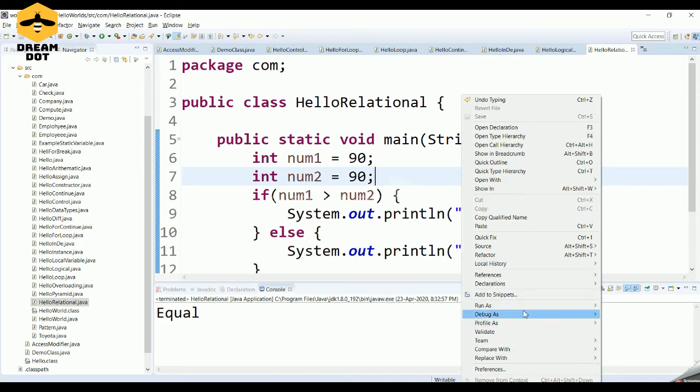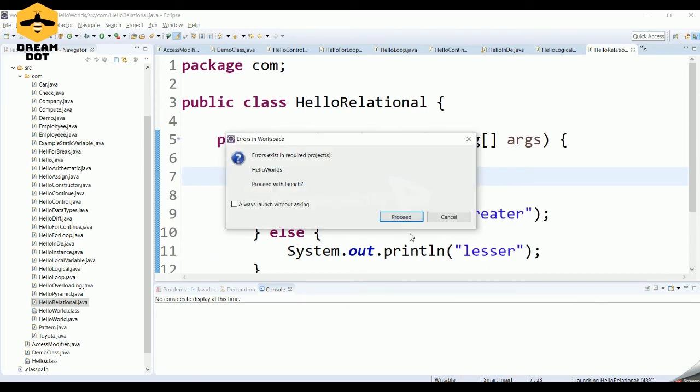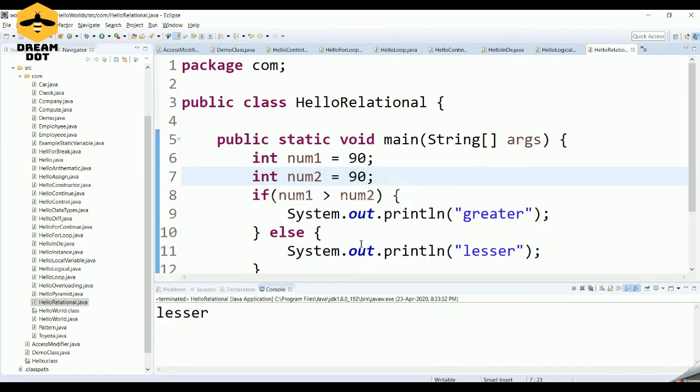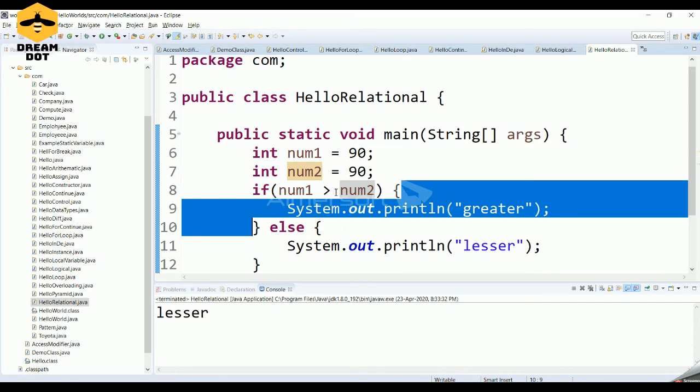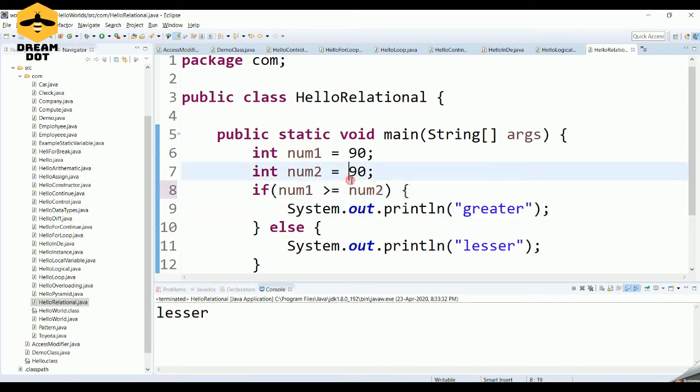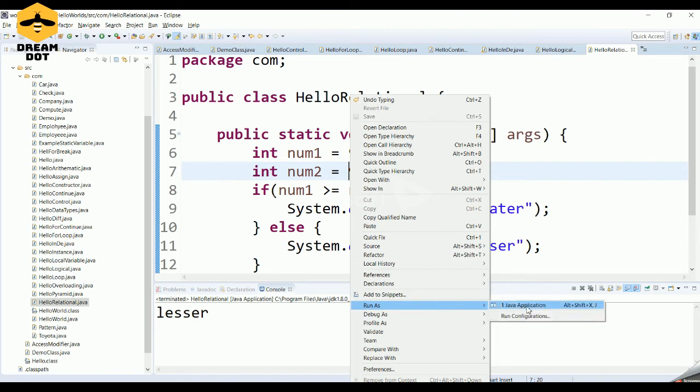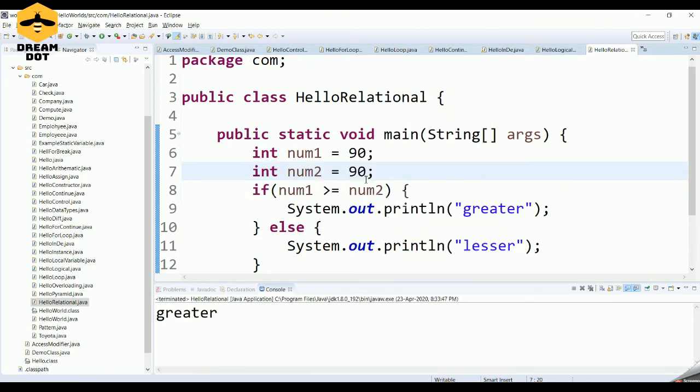So now if you run this particular program, this part will get printed because num1 is not greater, it is equal to num2. So this condition will fail. But in case you use greater than or equal to, the first statement will get executed. So that is the difference between greater than or equal to, and greater. Greater than or equal to will return true if either of these conditions gets satisfied, whether it is greater or it is equal. But if you remove this equal to, it will only check whether the value is greater or not.